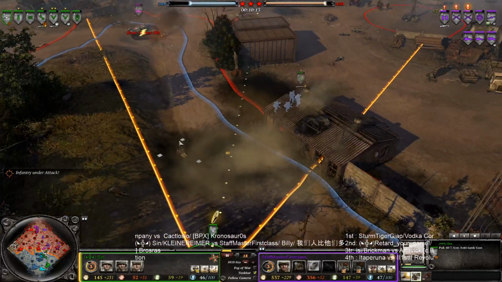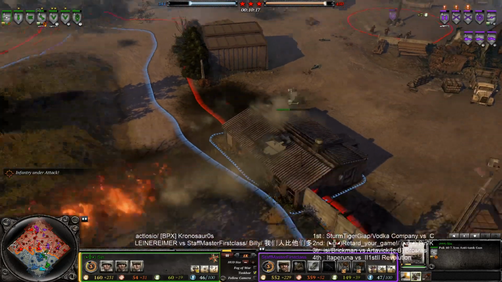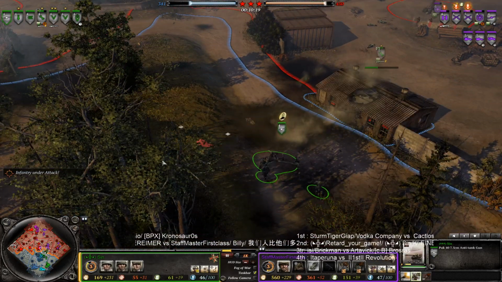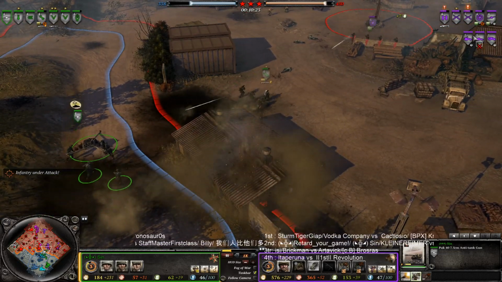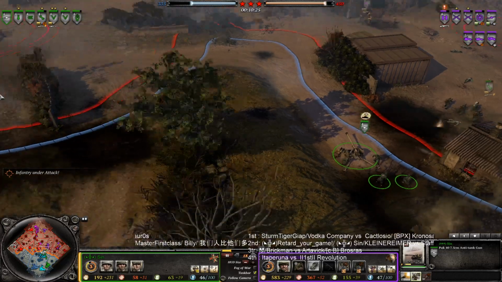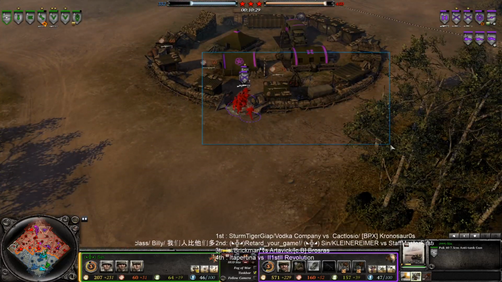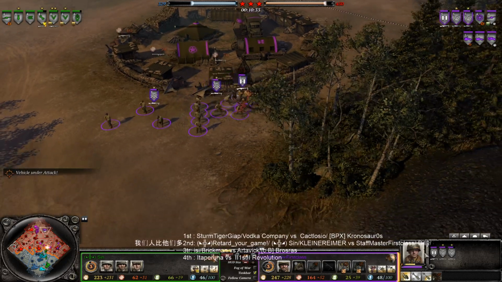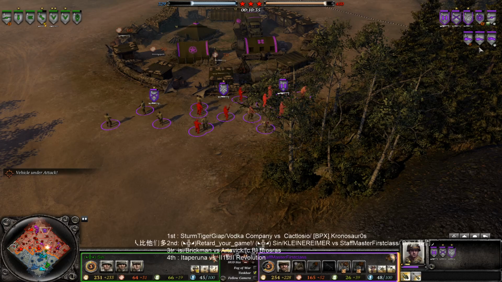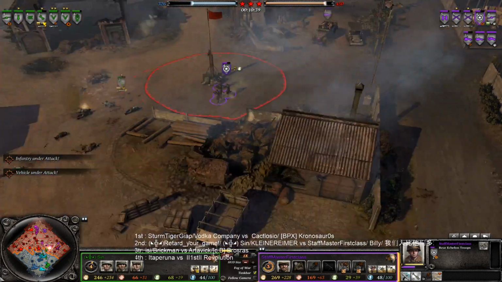T-70 will get damage there, 50% damage. Flamer trying to kill those models there. So he went straight and he fell back there. He doesn't have that much of a kill ratio, StaffMaster. He's just playing way too